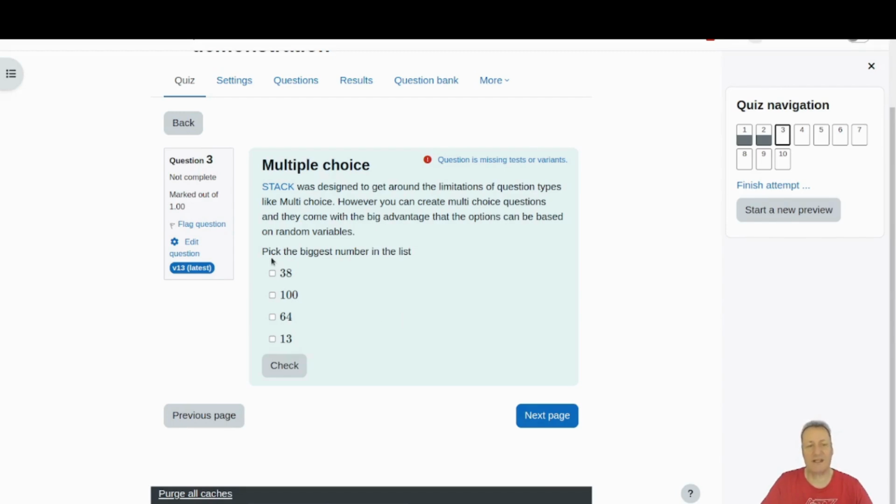So here you can see it says pick the biggest number in the list. As I say, these are trivial questions. If I start a new preview here, if you look, the options are 38, 100, 64 and 13. So 100 would be the biggest number in that list. But if I click start a new preview,